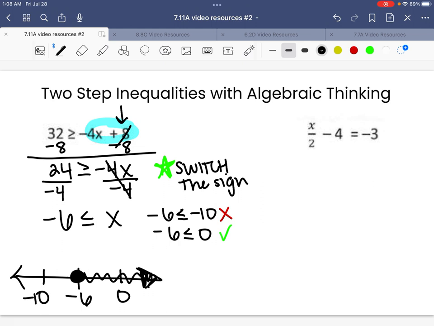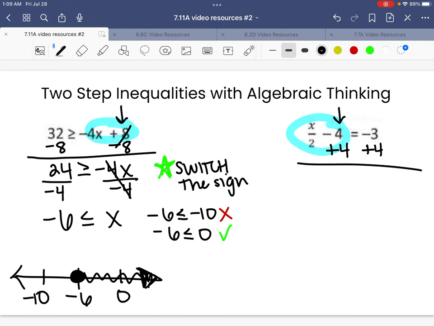All right, one more. So we have x over 2, or x divided into 2 parts, minus 4 is equal to negative 3. So again, just like the other one, we're looking at the side of the equation that has the variable. So I'm saying x cut into 2 pieces minus 4 has to be equal to negative 3. So I'm going to take a look at the constant of negative 4, and I want to create zero pairs. So to create a zero pair with negative 4, I will add 4 to both sides